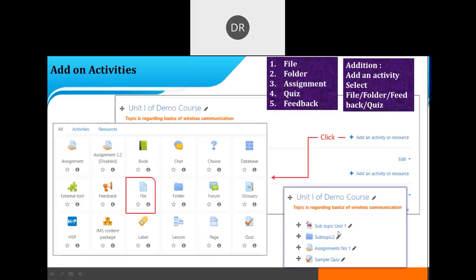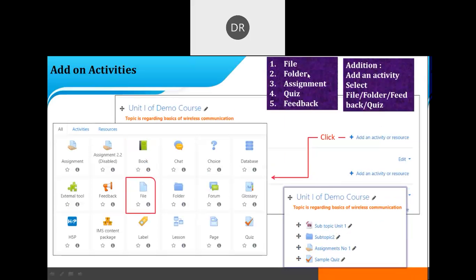This is the file, this is the folder, and then assignments and the sample quiz, the different activities.